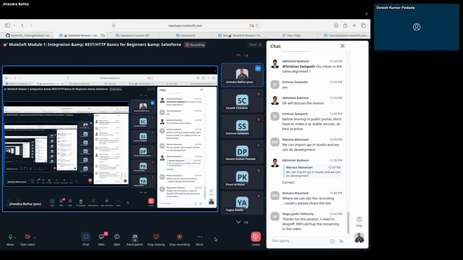Everything you just write in your RAML, and if somebody wants to consume your API, it can be easily discovered from that particular documentation or the developer portal we are publishing. So that is one of the intentions. Second, business users can also come and discover what different APIs are available, what APIs we can reuse for our use cases, or whether those APIs are not available and we have to go with a new development. So there are many advantages of using RAML or Open API specification.